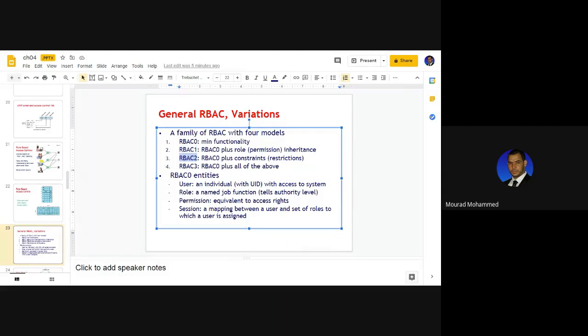RBAC 2, next level, role-based access control level 2. It is the same as level 0, which is the minimum functionality, in addition to which there are constraints, relationships with other functionalities. It means you'll be accessing another resource in addition to the minimum functionality, and other resources or other roles, because of the relationship of your status or the relationship with your profile.